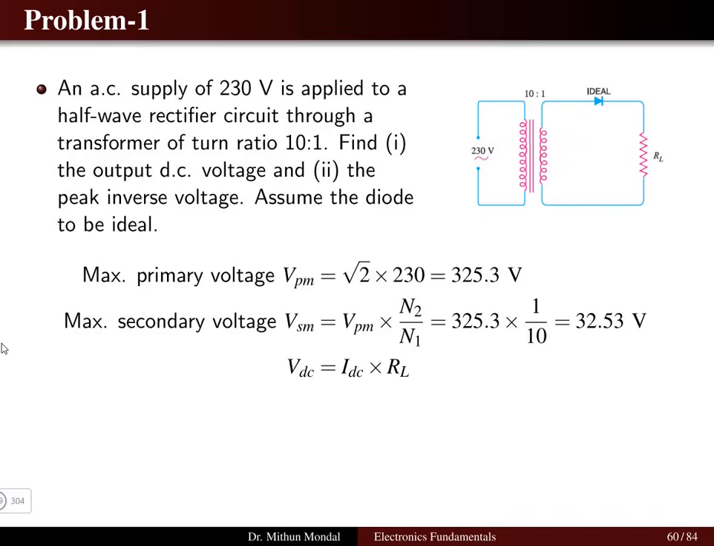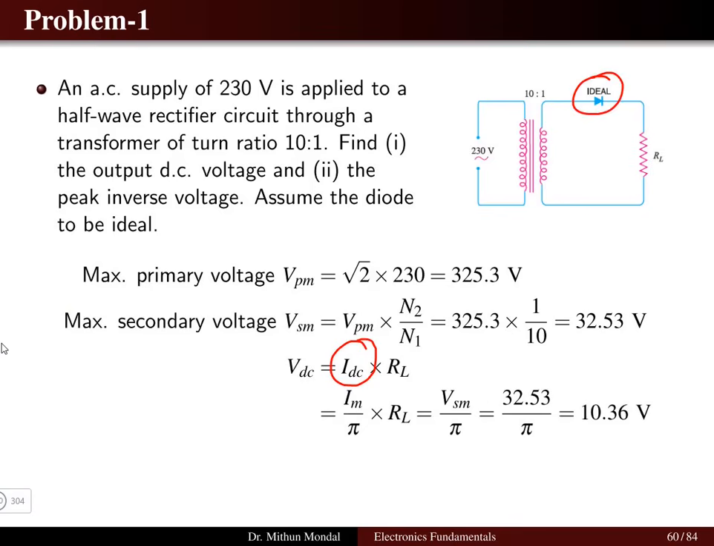Now here in the load resistor, what is the voltage which is obtained? So the current which is moving here is IDC. So IDC into RL will be VDC, Ohm's law. And we know that for a half wave rectifier, because this is half wave, only one diode is there, so Im/pi is the IDC. And since the voltage is mentioned on the secondary side, so Im into RL is equal to VSM divided by pi. So pi is a constant here, and hence we'll substitute VSM as 32.53/pi, we'll get 10.36 volt as